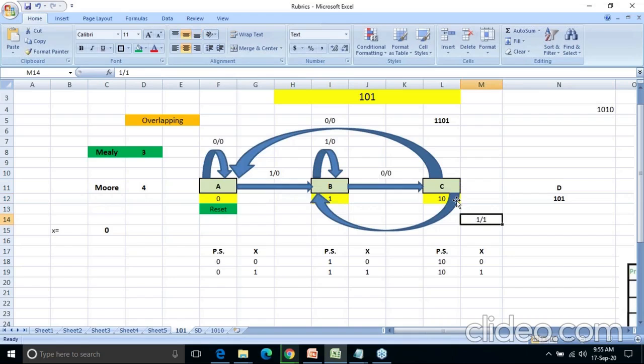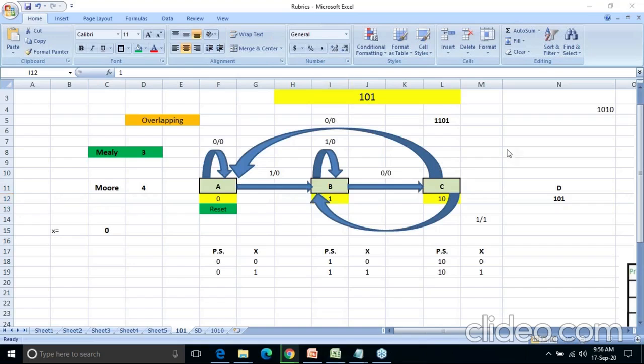Why? Because my input is 1 in the state C and my sequence is getting detected, so my output will also be 1. And as I am considering the overlapping case, my last one is acting as my first one, and the first one is detected at B, and that's why this arrow is coming to B. Okay, but if this is 0, meaning 1 0 0, is it a sequence? No, there is no meaning to the sequence. Again I need to start from the beginning, so it is coming to 0. So I have written 0 by 0.